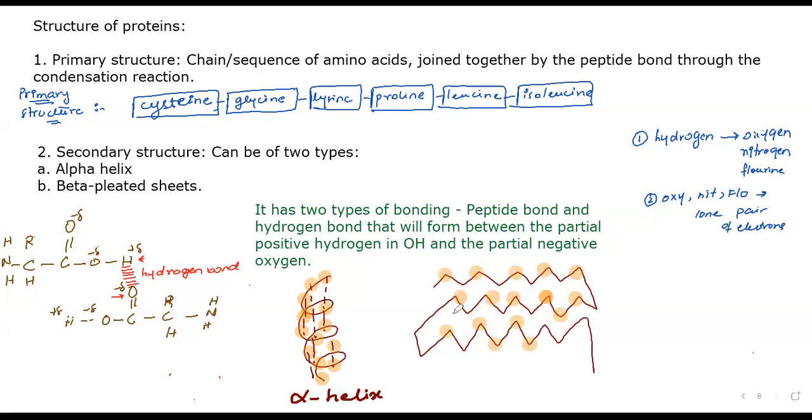So you will end up getting hydrogen bonding between the amino acids. Again, just like I explained to you, in the same way, I will get the bonding. Now, the type of bonding that is going to take place depends upon the structure of the protein. What's the function of the protein? What's the structure of the protein? Which structure ends up forming depends upon the protein. But this sort of structure would be known as beta pleated sheets.